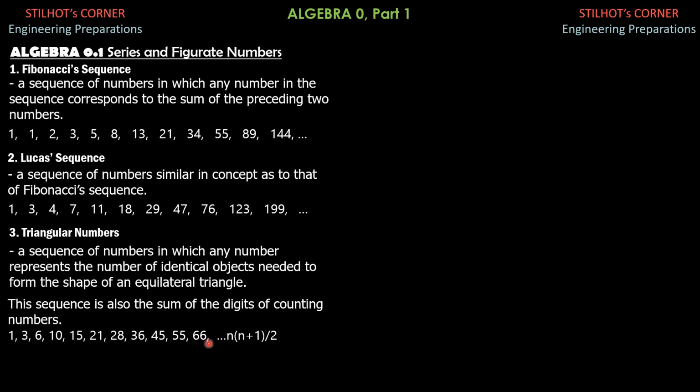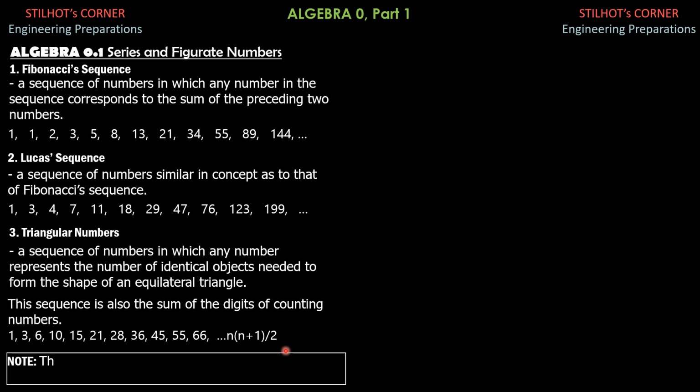So let me explain so that you don't need to memorize this formula. You just base it on the principle and definition. So imagine that we arrange identical objects in a triangular manner. The topmost number would be 1 because the topmost object is 1. So take note also that these numbers are the sum of the digits used in the sum of years digit method of depreciation in engineering economy.